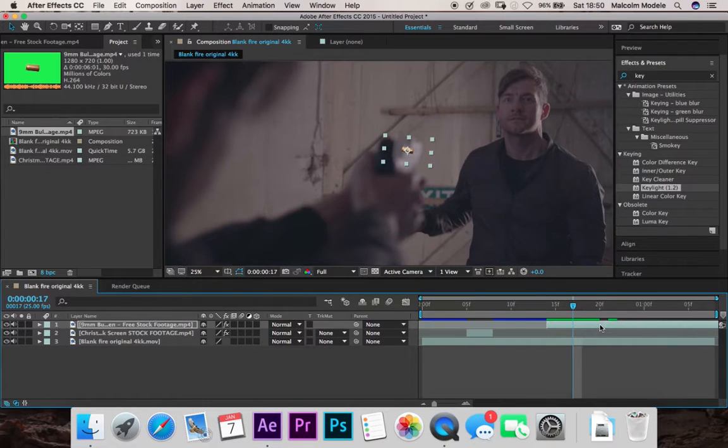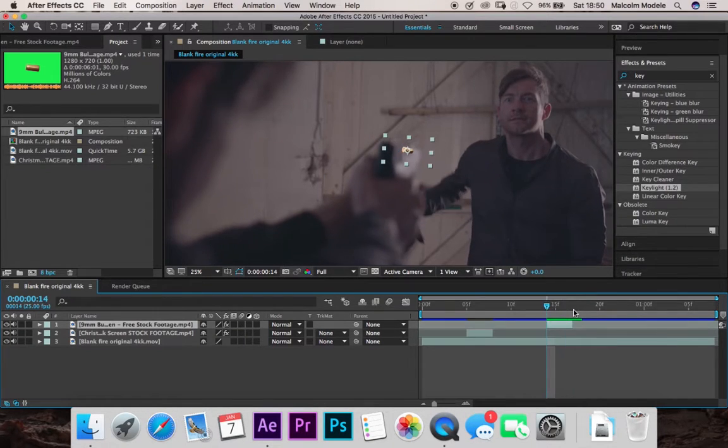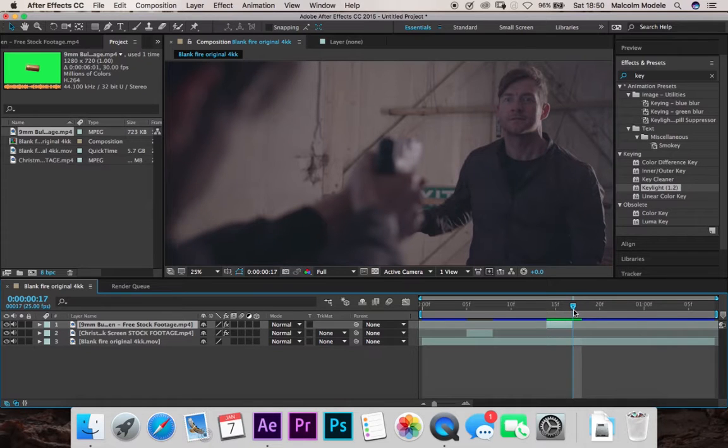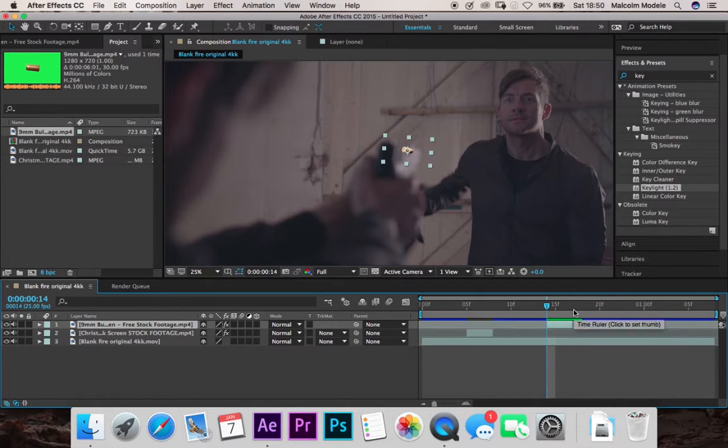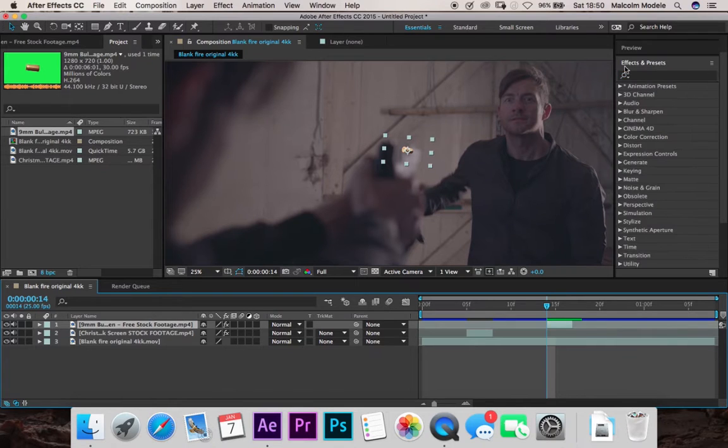So if we go Alt, close, that's too many frames. So we want 3 frames. 1, 2, 3, 1, 2, yeah, that's 3 frames. We only want it for 3 frames. So we've got this bullet now, guys. How do we get it to leave the gun, and how do we get it to look like it's super blurry? So the same again, all we're going to simply do is go up to